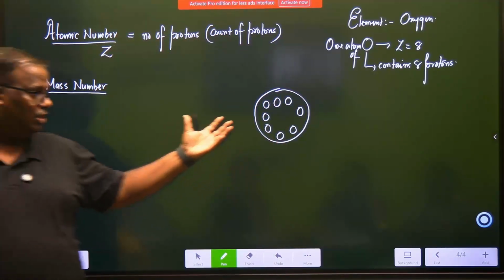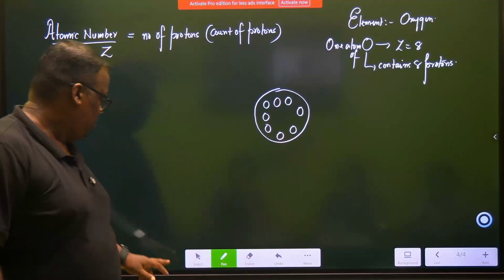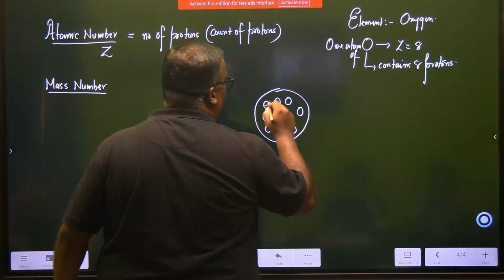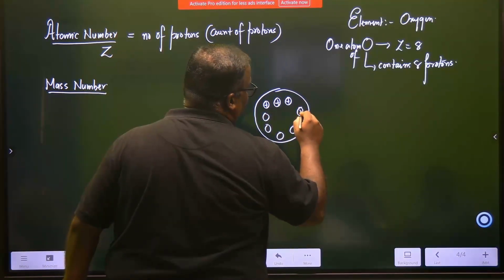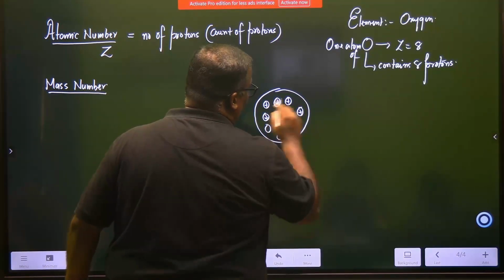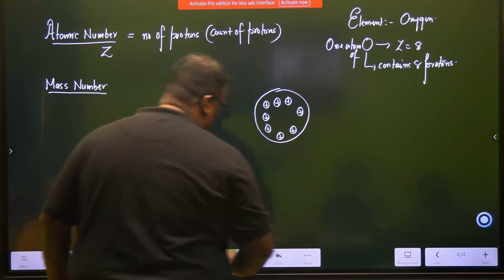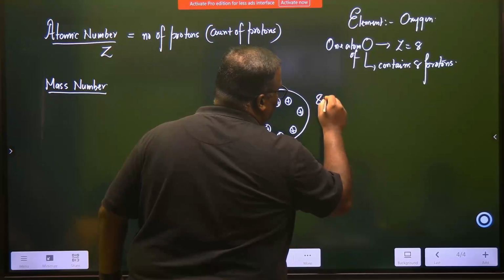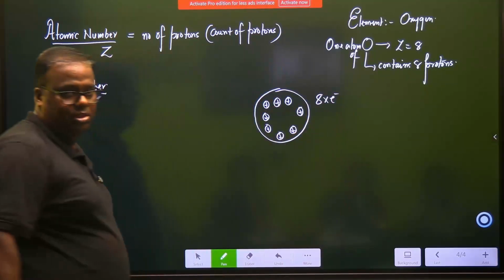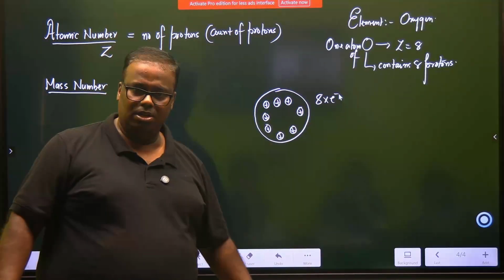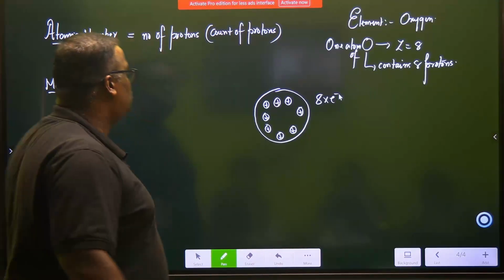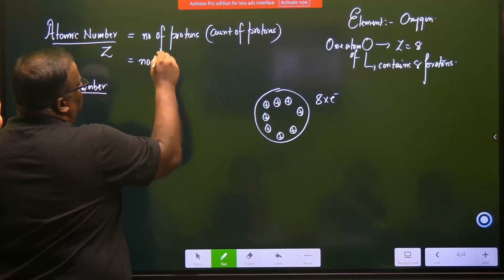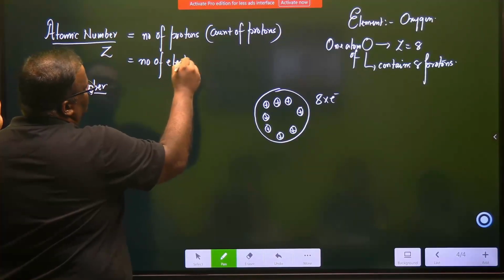Now, in order for this to be electrically neutral, eight positive charges have come. How many positive charges? There should be 8 negative charges also. Very good. So 1, 2, 3, 4, 5, 6, 7, 8. So I should have 8 negative charges. That means I am writing this atom should have 8 numbers of electrons also. Have I made it electrically stable now? Yes. So some books will also write that the atomic number is also equal to number of electrons,